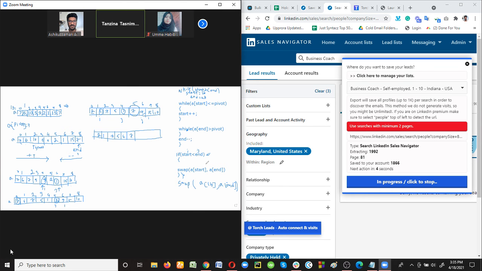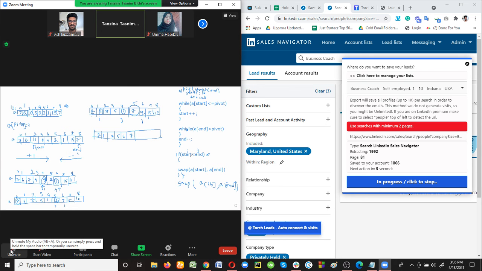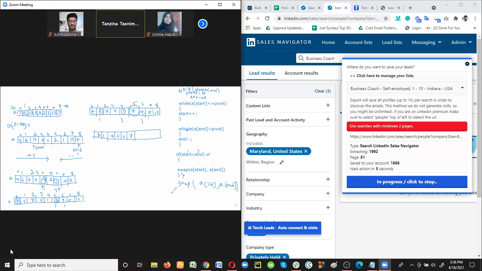No. If this condition is not true, that means now we cannot swap the start and end element. We have to use the second one. Now the swapping will be done between the pivot element and the element which is in the jth position. But the data is same. Pivot equals 9 and A[j] equals 9. That means this is the correct place for 9. 9 will be stored here. Okay, and then the next element is 15 and then 10.